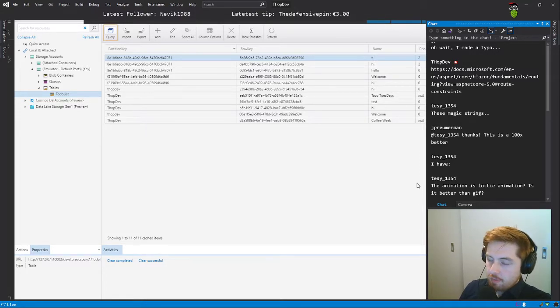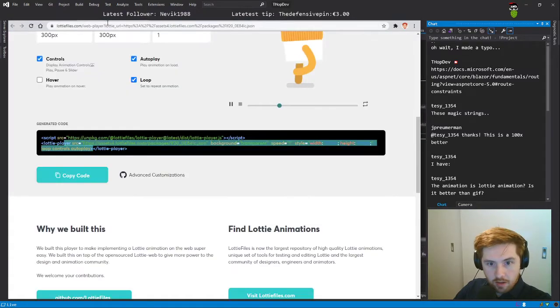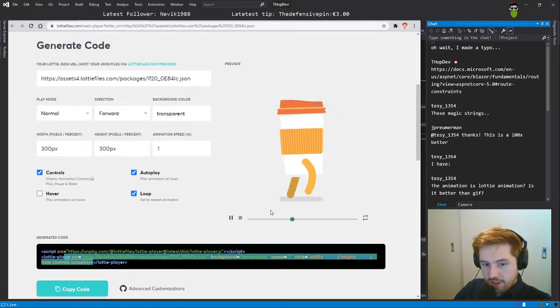Not sure. Maybe it's smaller as it's JSON. But maybe the library is bigger. I'm not sure about that. But the nice things about it,